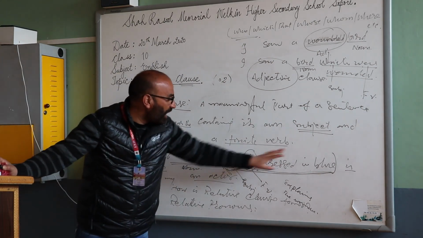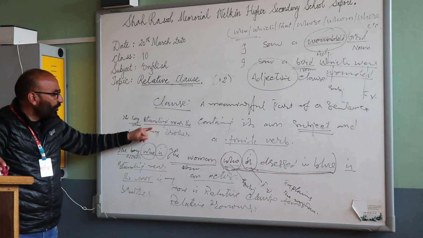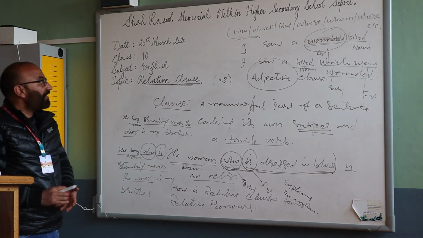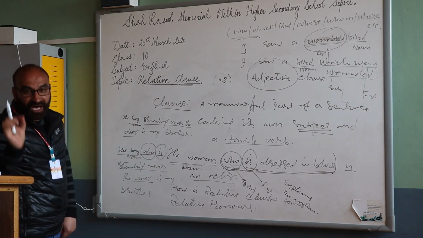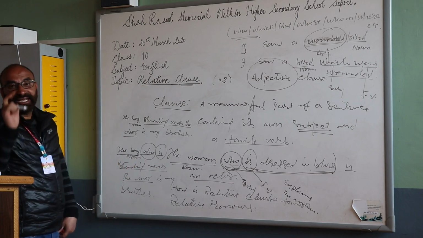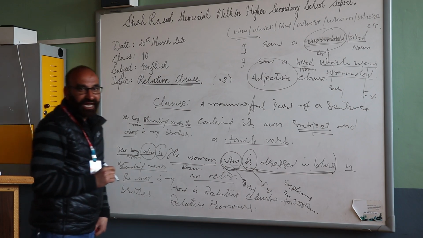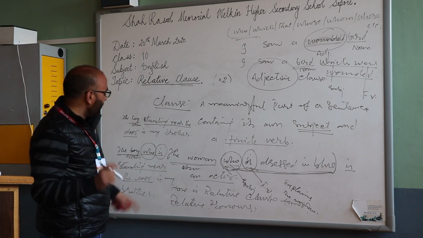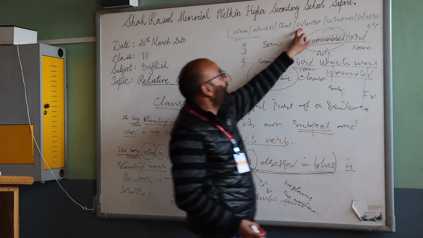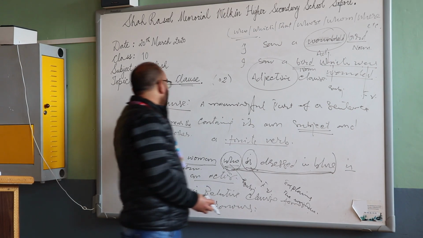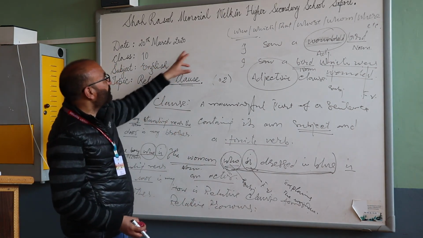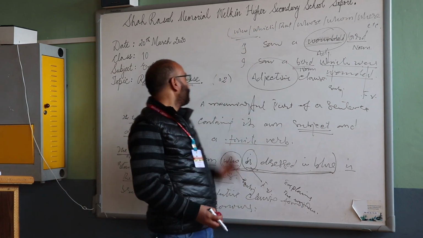Now the question is, what is a finite verb? Although you find students here, it's standing but it's not here, it's the finite verb. A finite verb is a verb that agrees with its subject in number and person. That's called a finite verb. Now, another question is, how are these relative pronouns used in a relative clause? Now, I'll explain how relative pronouns are used in